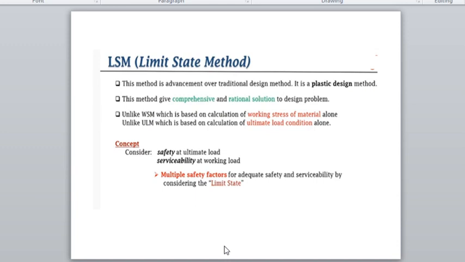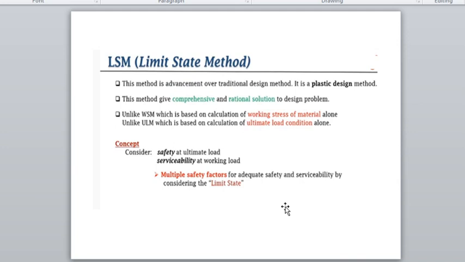The limit state method of design was completely introduced in India from 2000. That is why the code IS 456:2000 is the limit state method of design. Now, the limit state method is an advancement over the traditional design method. It is a plastic design method, because we are not taking only the elastic region, we are taking the plastic region also